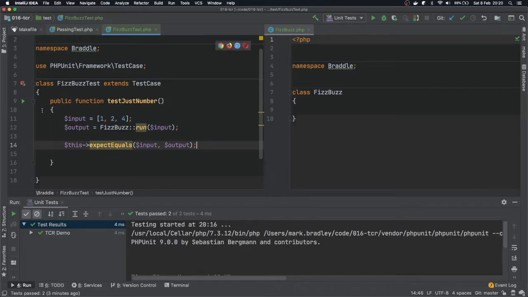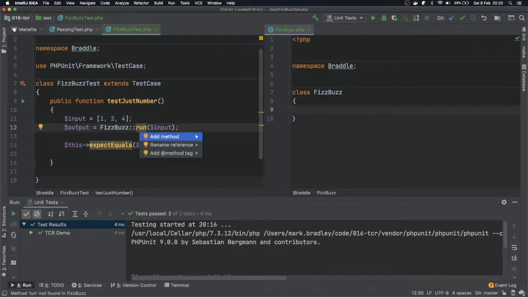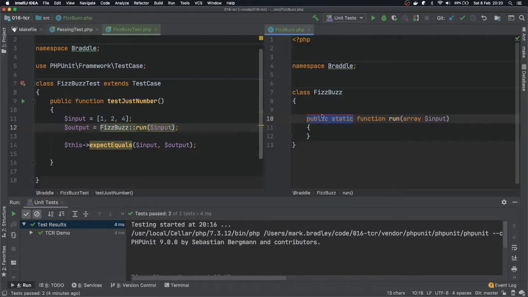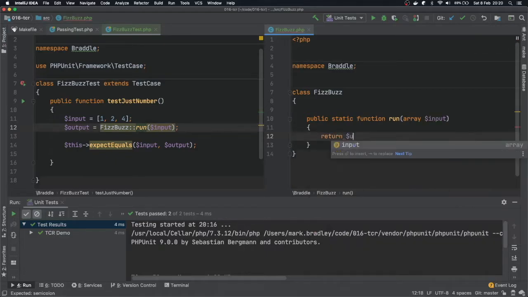Right. So I'm not going to run this because I'll make a test file. So I need to implement this to make this pass. So let's command option enter. Add method, public static function, run array input. Perfect. And to make it pass, we can do return $input